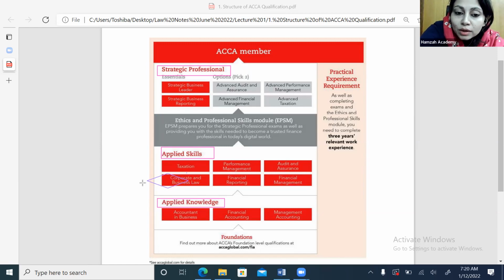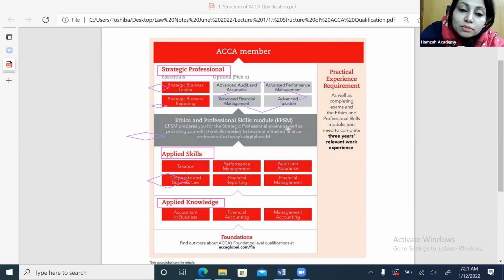I believe you have done with the applied knowledge, and now you are studying the papers of applied skills. So corporate and business law is part of the second stage of the ACCA qualification. All papers of applied knowledge are compulsory. All papers of applied skills are compulsory, and corporate and business law is the fourth paper. And then you have to do an ethics module on the ACCA portal. And then the last stage, which is the strategic professional stage, in which you have to study two essential papers